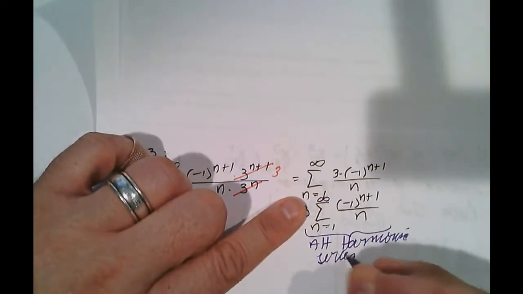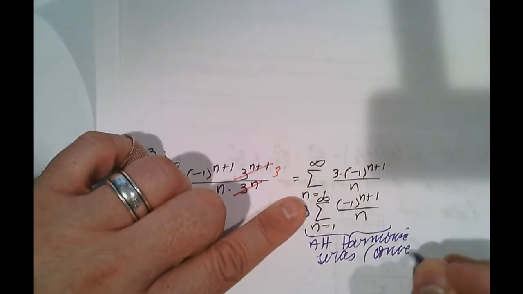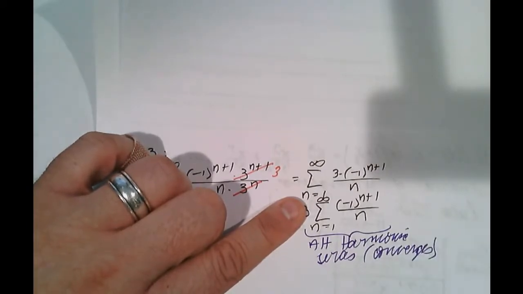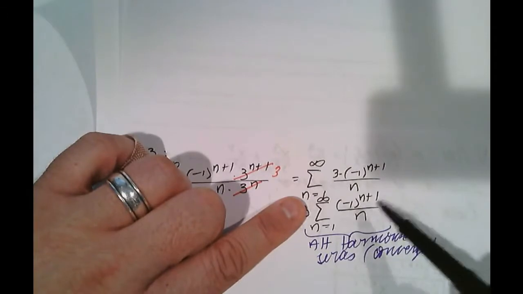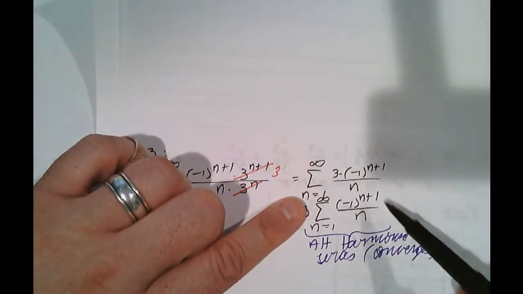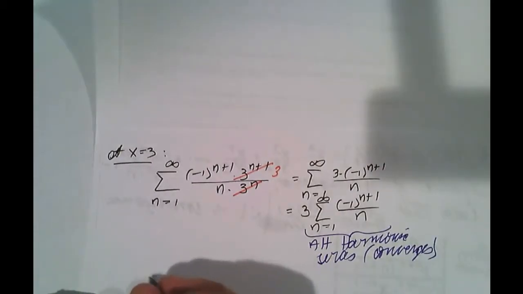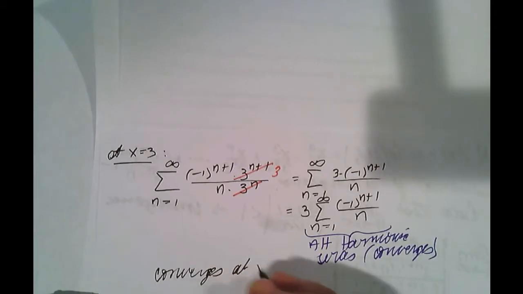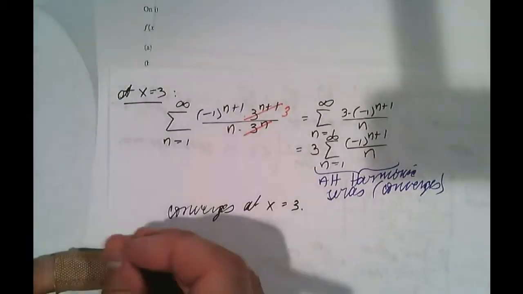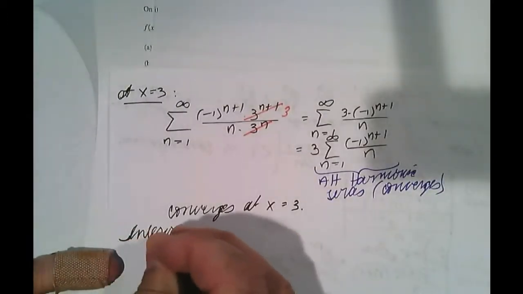And the alternating harmonic series converges. Because the alternating harmonic series converges and our series is just 3 times that, what we have converges at x equals 3. When I pull everything together, the interval of convergence